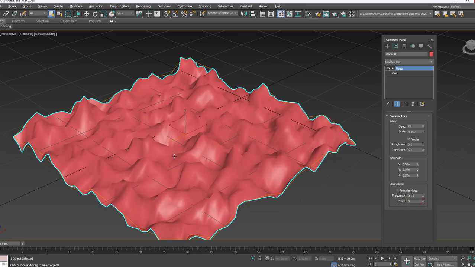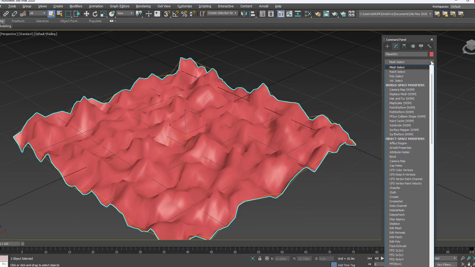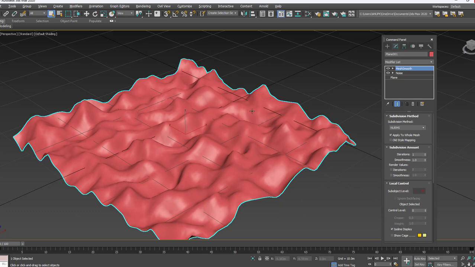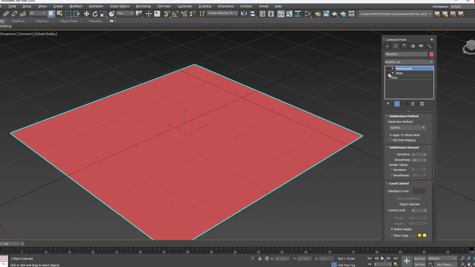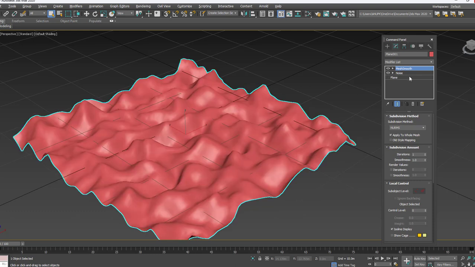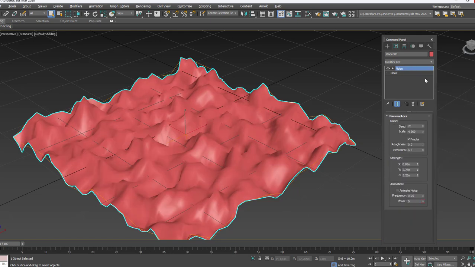In order to make it smoother, I want to apply the smooth or mesh smooth. For that, you go to the modifier list and then type M to get the mesh smooth. Scroll down and click on the mesh smooth, and here is how you get the mesh smooth, or else I am just turning it off. Whatever modifications you apply, you can turn them off if you don't want them, or else turn them on if you want. And if I want to delete totally, then you just right click and delete it.